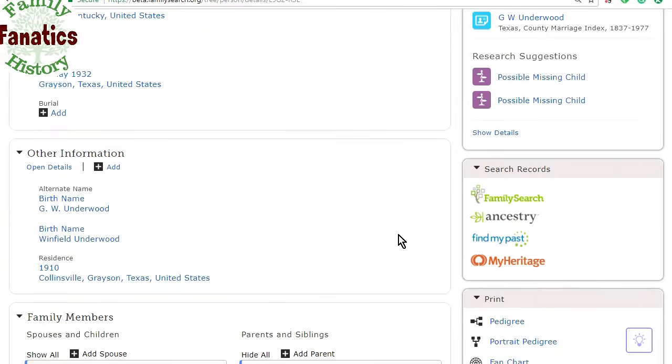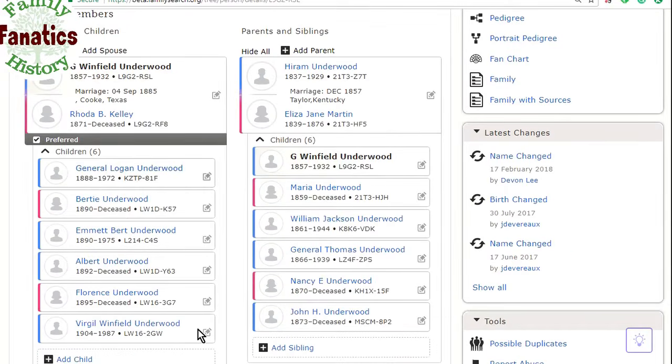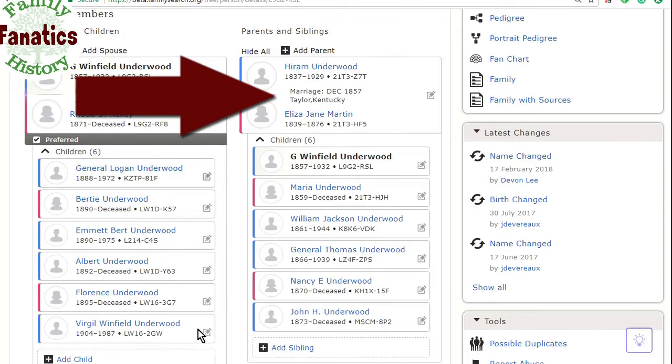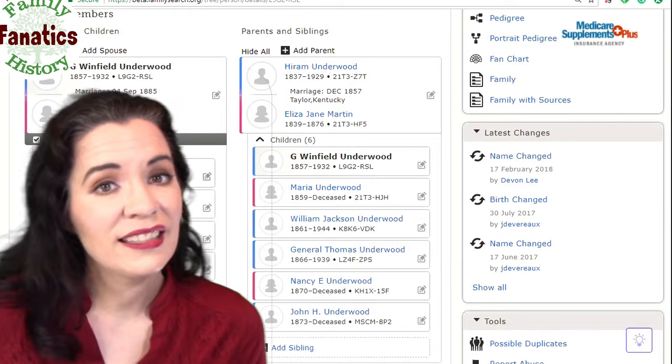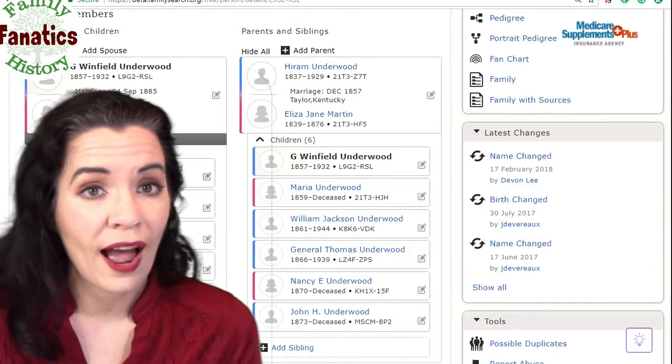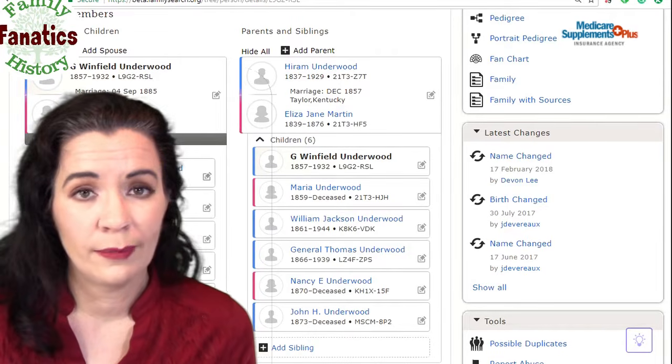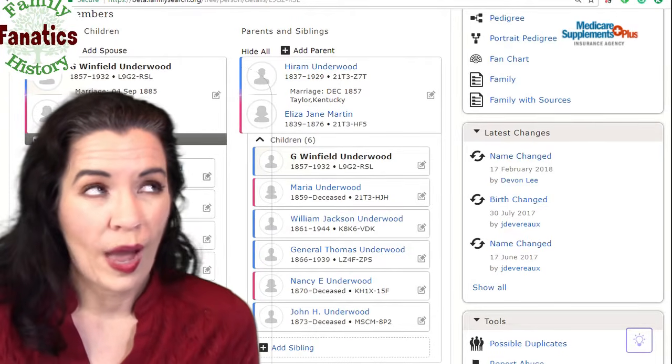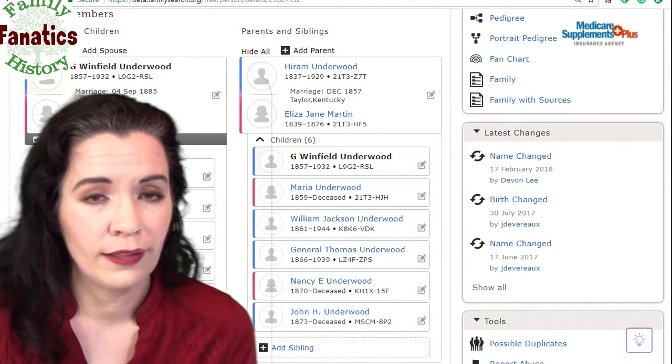Okay, the first clue that we have is that there are parents attached in the FamilySearch family tree to Winfield. Notice that you can see Hiram Winfield and Eliza Jane Martin. This is a clue, but I cannot figure out what it is based on. So how are we going to figure out what this is based on?